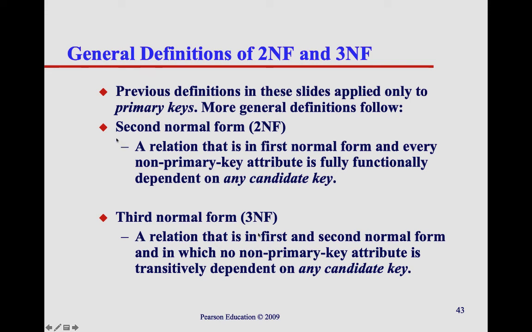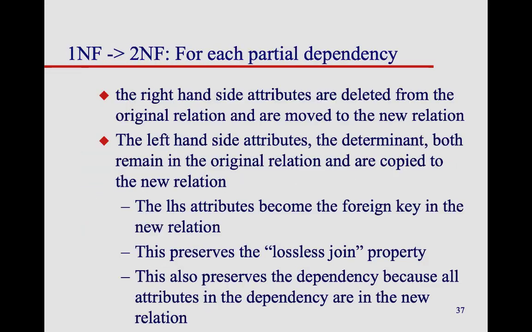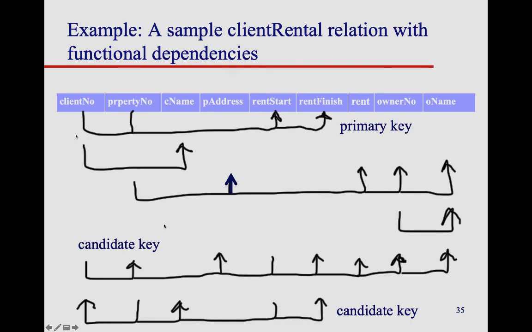So as an example, back here, if I chose as a candidate key client number and rent start, the only thing that depends on the primary key is client number goes to client name. But if you look at the alternate candidate key, you see that in addition, in the alternate candidate key, property number